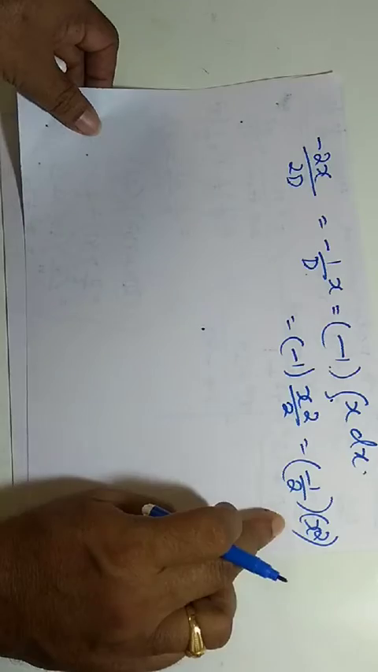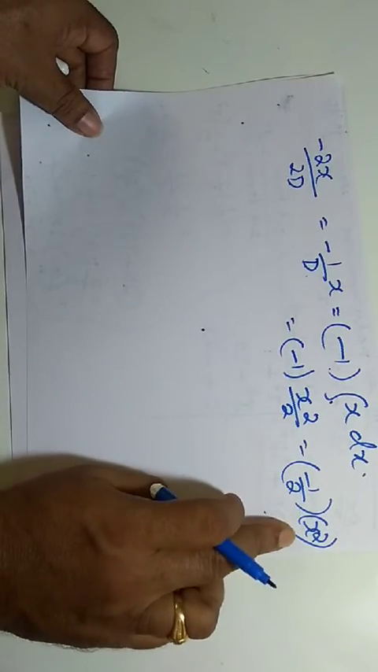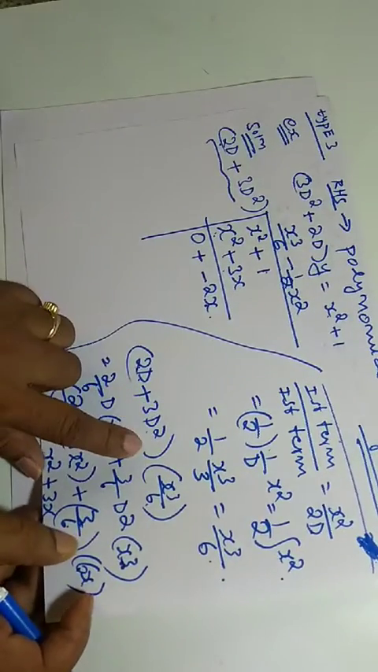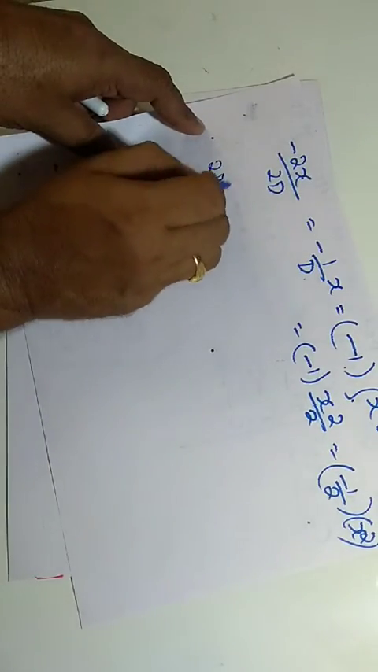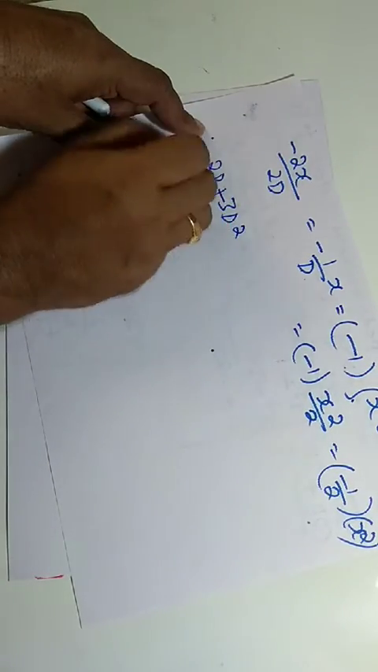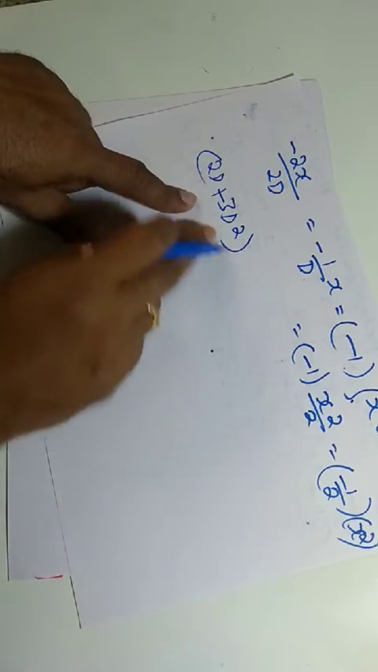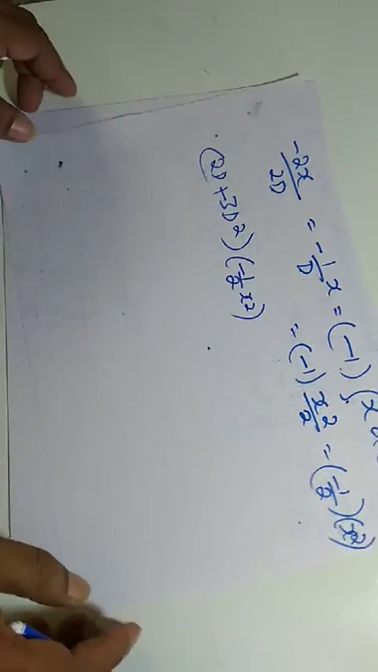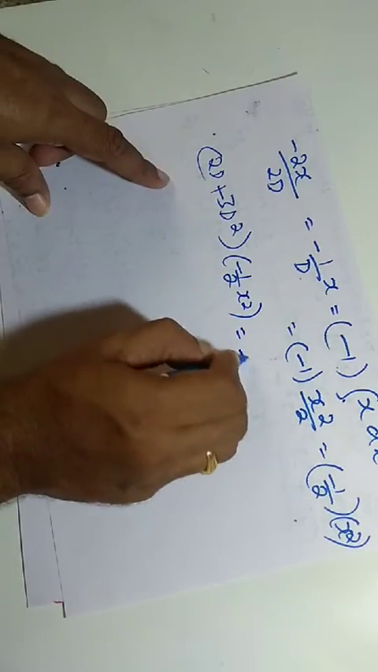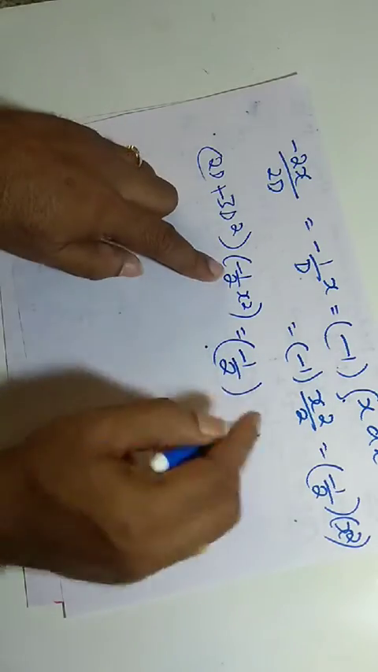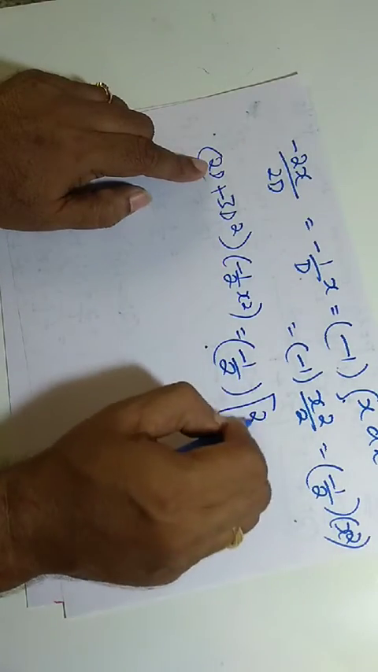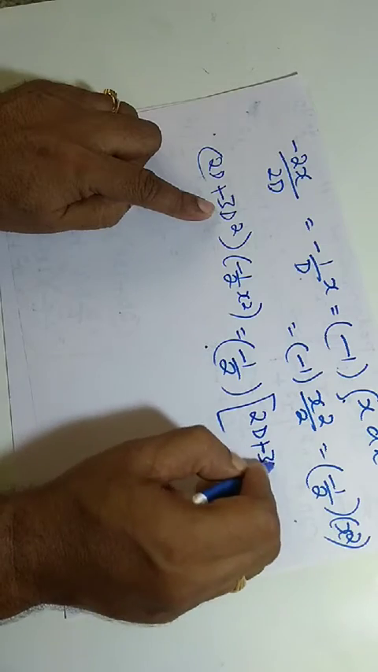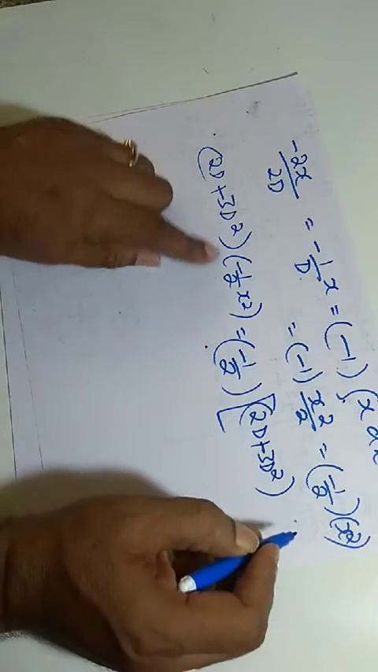You got this minus half x squared, I have written. Next, again this minus half x squared should be multiplied to 2D plus 3D squared. Just like in the previous step, you take 2D plus 3D squared, and this should be multiplied to minus half into x squared. Or you can do it like this also: minus half, you take it outside, minus half into 2D plus 3D squared operated on